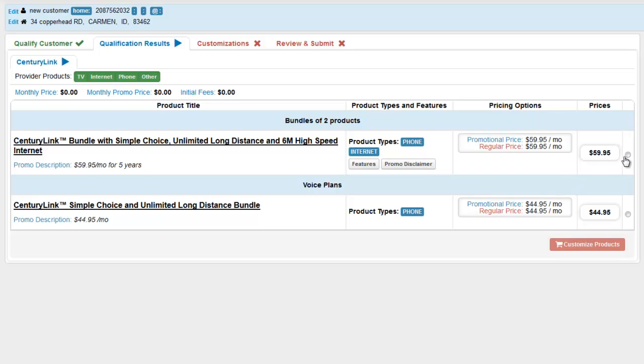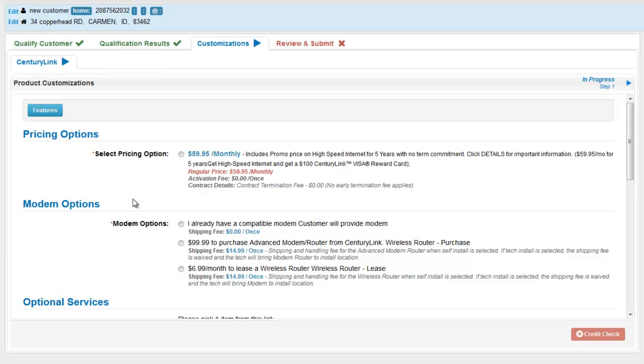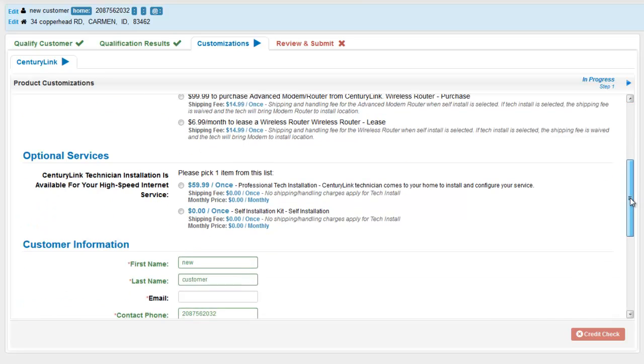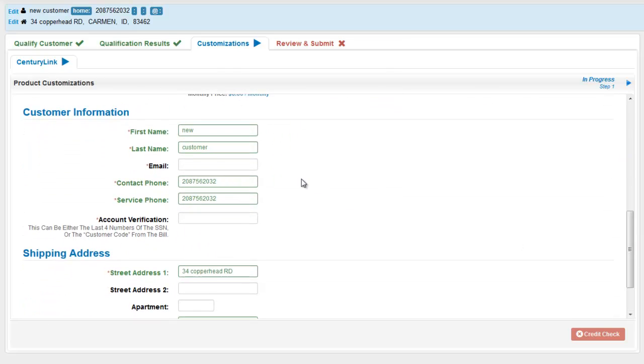I'm gonna click on the double play for internet and phone service, and I'm gonna move into the customized products page so we can look under customizations where the main differences are visible to the agent. So again, selection options for the modem, pricing, installation, and then we get to this section, which is the customer